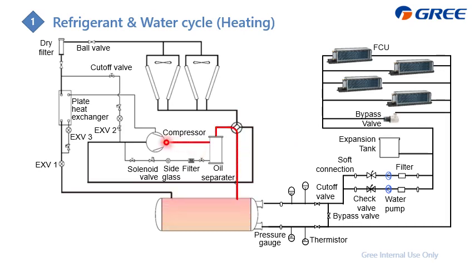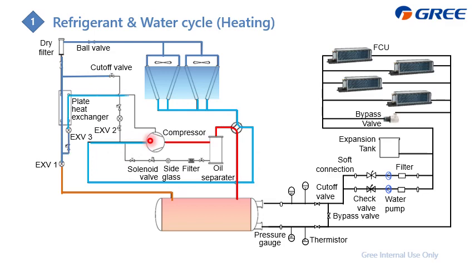The refrigerant from the compressor goes through the oil separator and four-way valve, and then first goes to this heat exchanger, which releases heat from gas to liquid, and then gets expanded at this EXV1 and becomes low pressure and temperature. Then it absorbs heat at the outdoor heat exchanger, this device, and becomes gas. After boiling well, it goes to the compressor, this one.